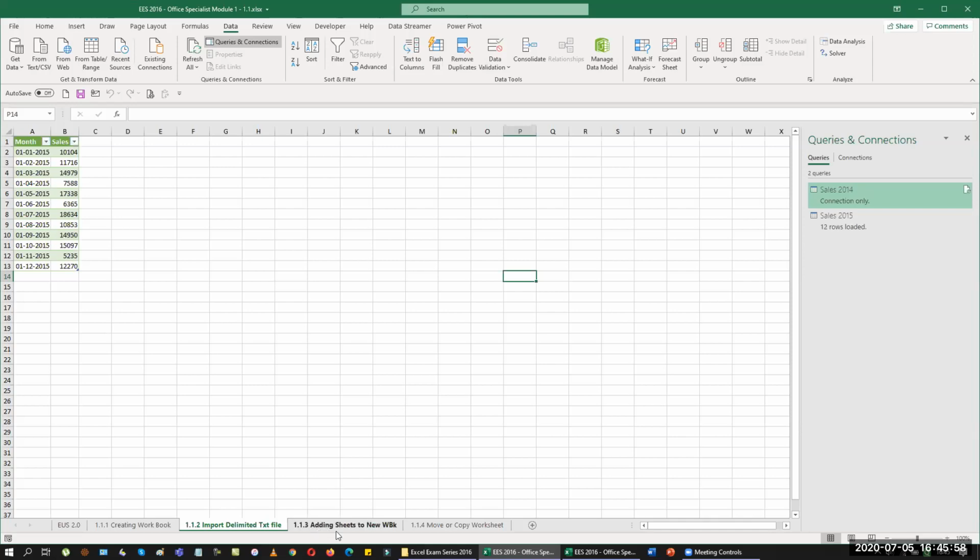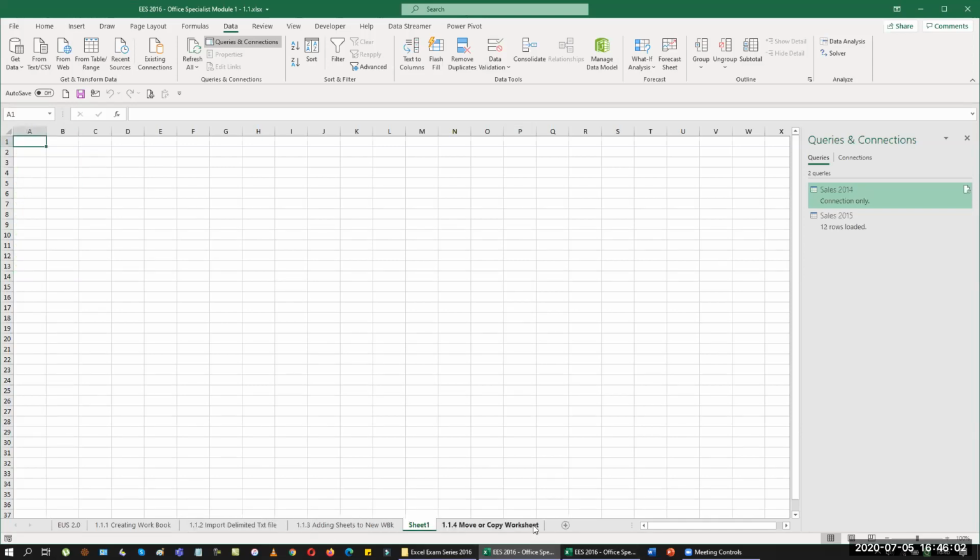Sometimes they'll ask you to add a sheet here. So I'm going to just add a sheet here. When I click this, it automatically adds a sheet before our active sheet. So they'll ask you to rename it and then put it at the far end of our data. So I'm going to rename it. They'll ask you to move this sheet to the rightmost part of your Excel sheets. So I'm going to just drag it to the last position here. So now it moves to the last point. This is how we work with adding a sheet and moving the sheet.